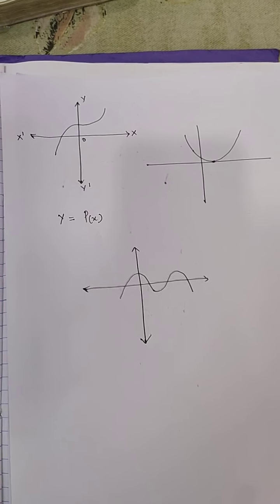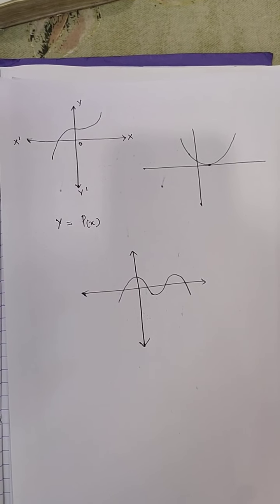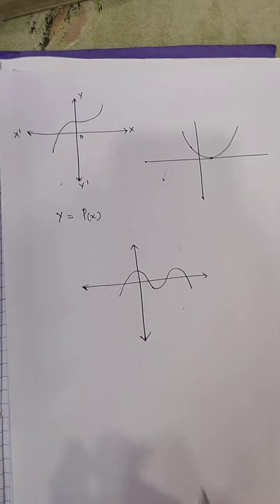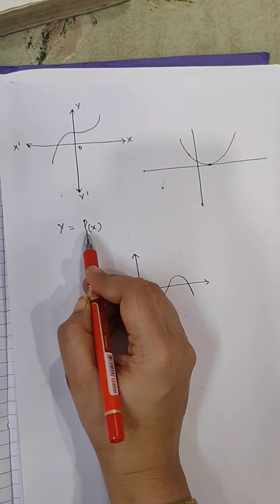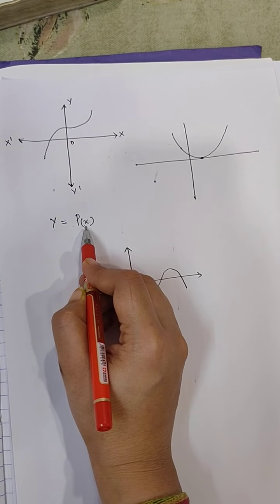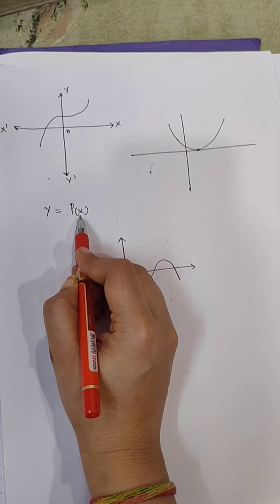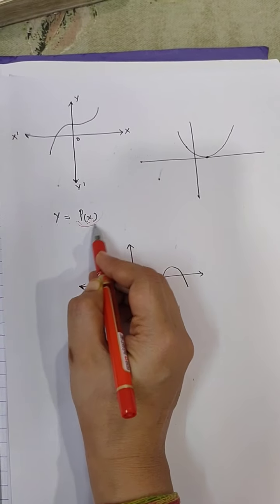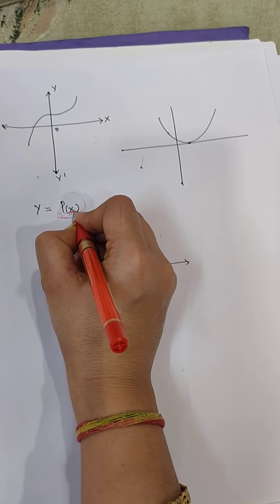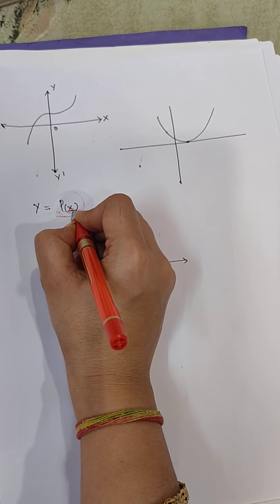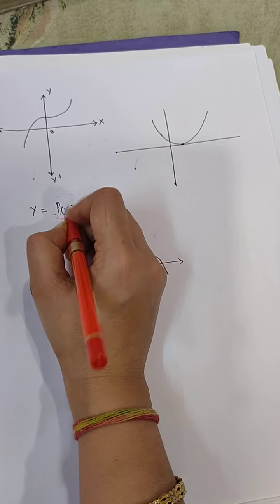So here I have taken some examples for you. These all three are the geometrical representation of the polynomial y is equal to p(x). p(x) means x. Now, by this graphical representation they are asking the number of zeros of this polynomial. It means, since p(x) is written, they are asking how many values of x, how many zeros of this polynomial there will be according to these graphs.